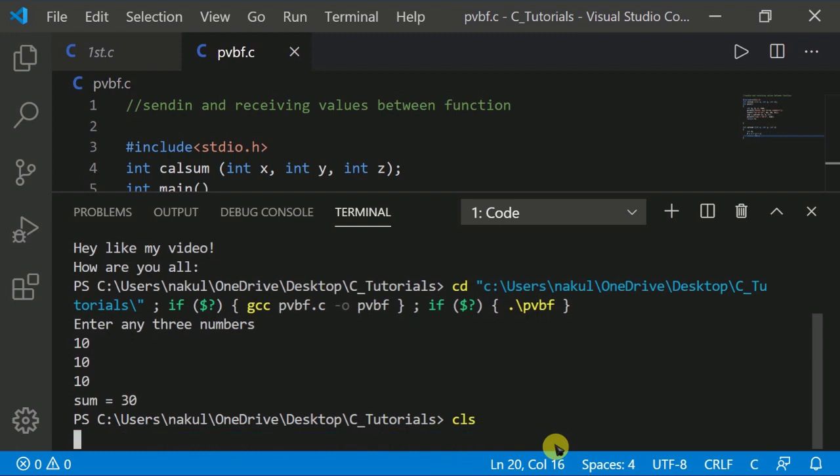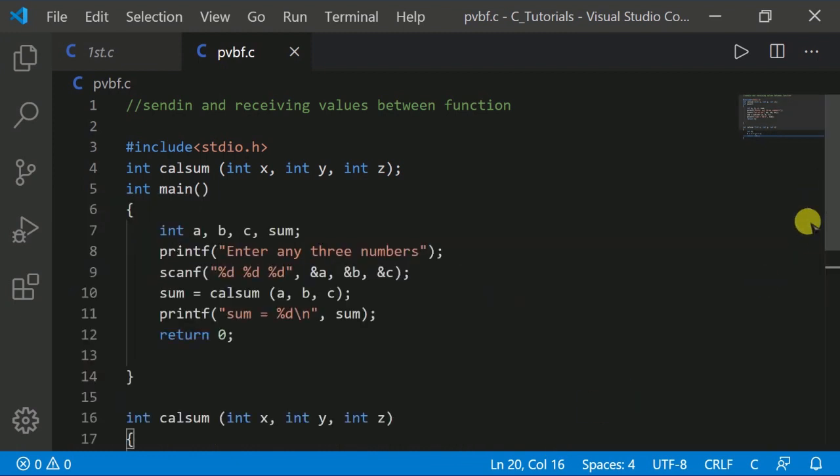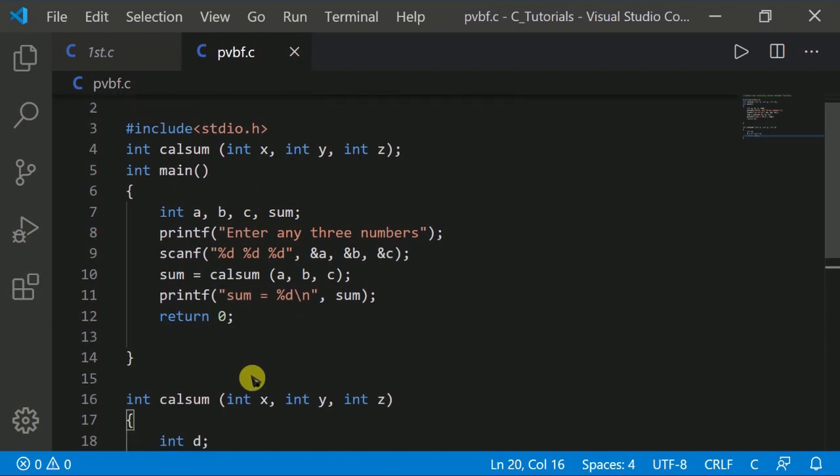So let me explain what is happening inside the program. From the function main, the values of a, b and c are passed on to the function calsum, by making a call to the function calsum and mentioning a, b, c in the parentheses, as in sum equal to calsum(a, b, c).